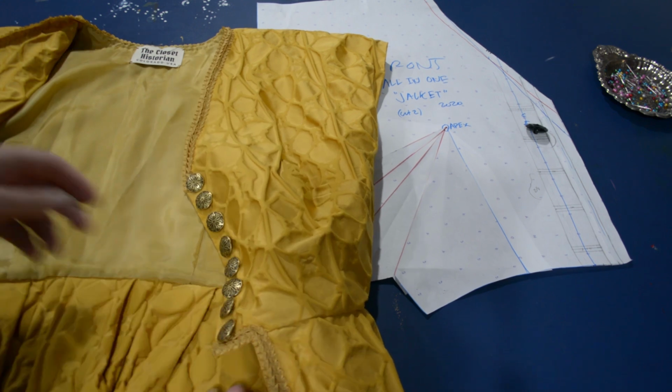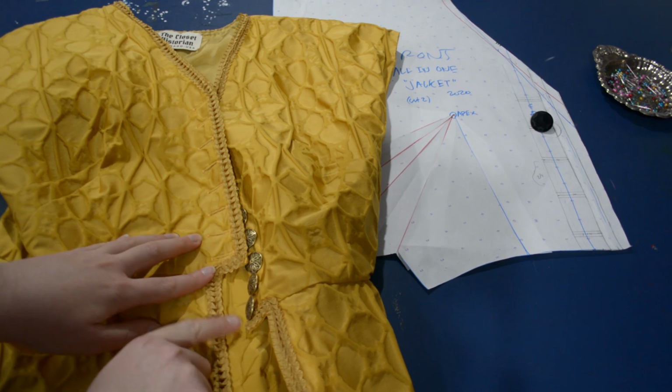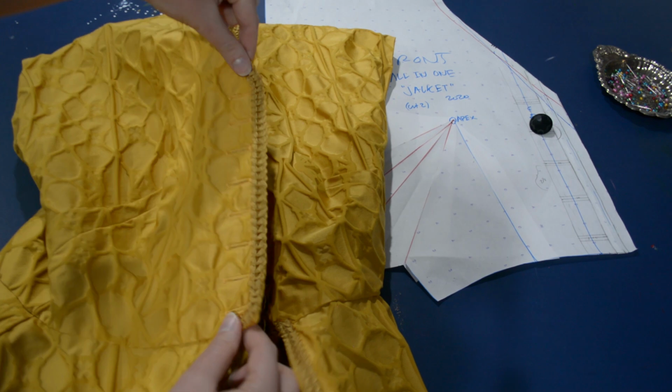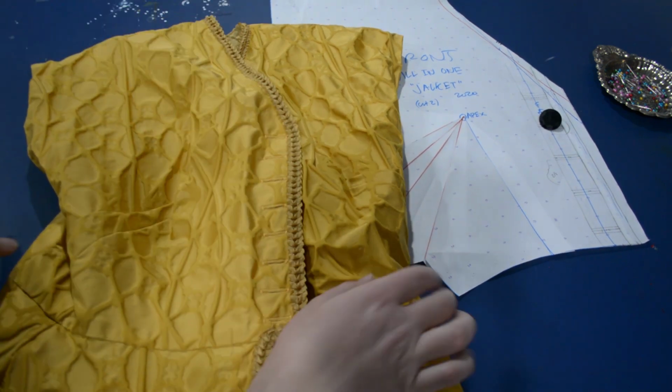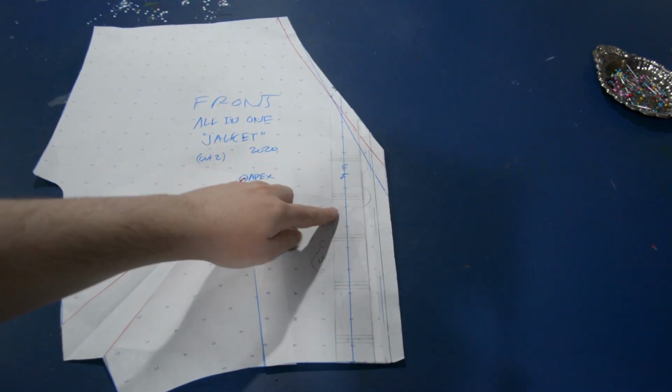today I'm going to go ahead and do a different type of buttonhole, because thread buttonholes do make me quite nervous. So I'm going to do something else today, something that I don't do very often. In fact, I think this is only the second time I've ever done bound buttonholes on an actual sewn garment. So please forgive me that they don't come out perfectly, but we'll see the saga of these buttonholes as we